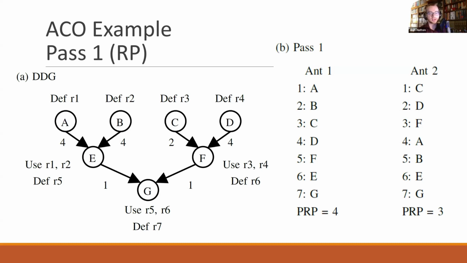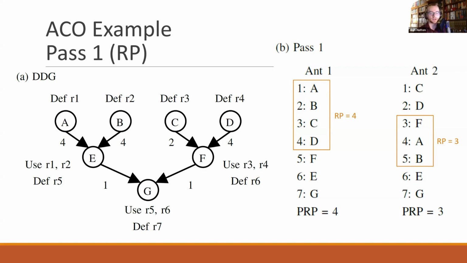So after scheduling these 4 instructions, the register pressure will be 4. Ant 2 schedules the right half of the DDG first, and then the left half. This frees up a register, leading to a register pressure of only 3 after instructions F, A, and B are scheduled. Since Ant 2 produced the schedule with the lowest peak register pressure in pass 1, we will take this